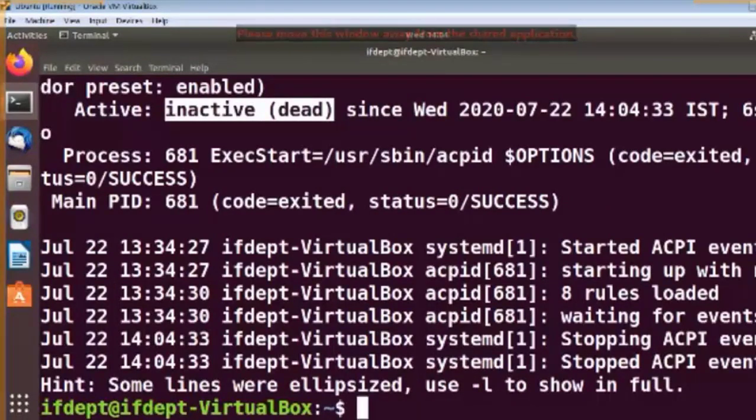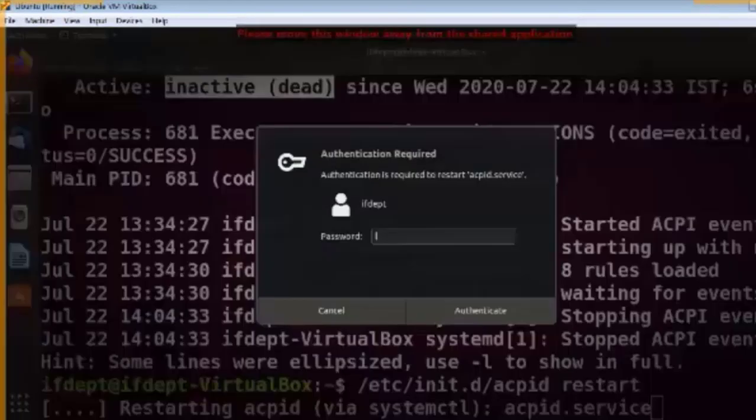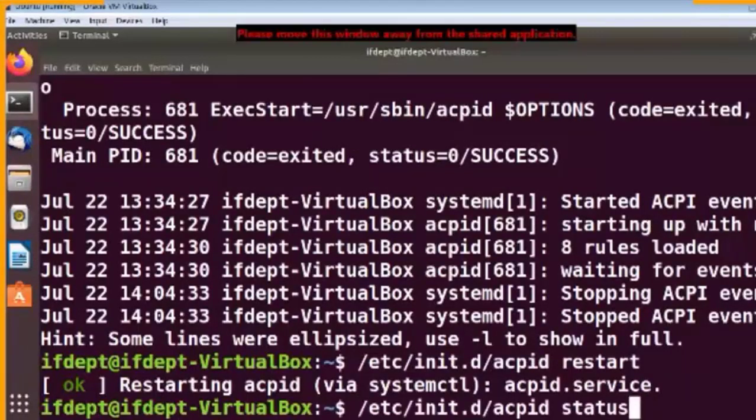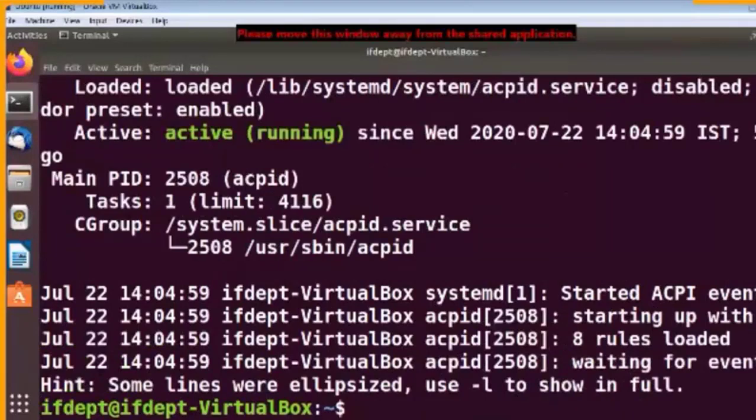Now say suppose again I want to restart this. So I can do that by typing there restart. It will ask me password. And now let's again see the status of this. So it has once again become active.